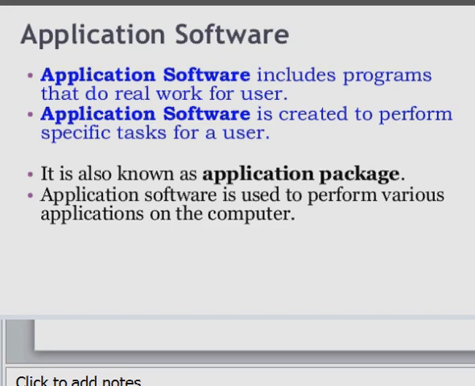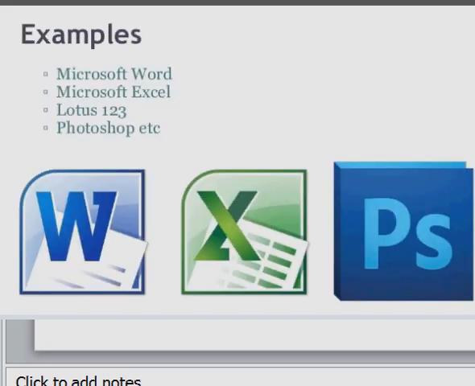Application software is used to perform various applications on the computer. There may be different kinds of application software available in the world that you can use for different kinds of work on your computer. I will give some examples of application software here.